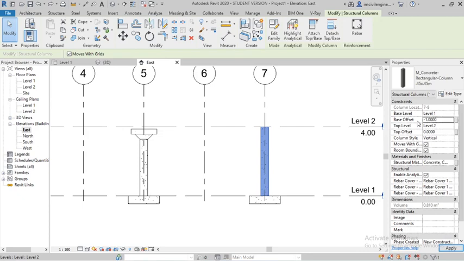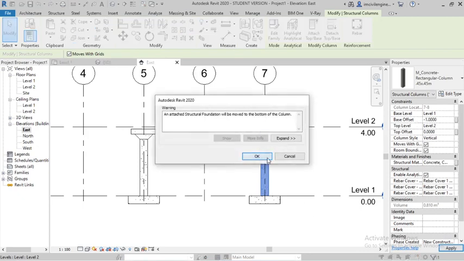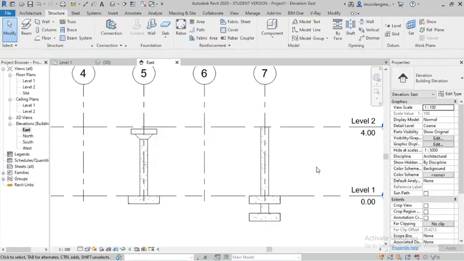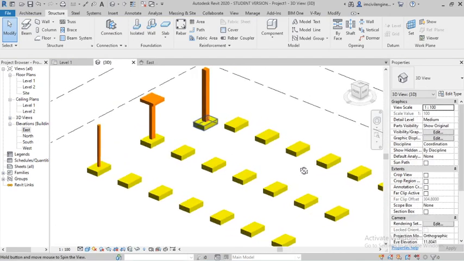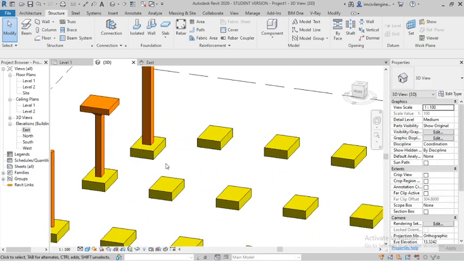If you make it minus 1, it will go downward. So this is another column. I'll show you in 3D: it goes downward with the footing.